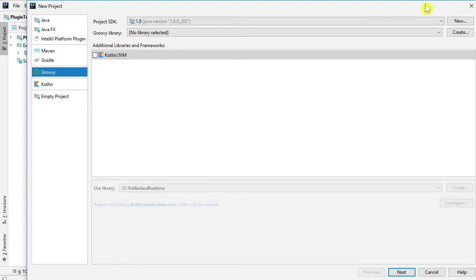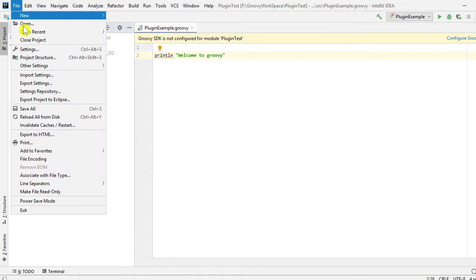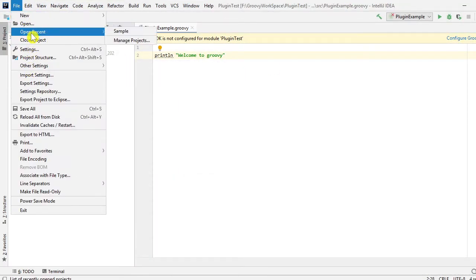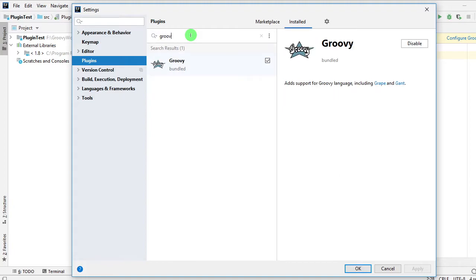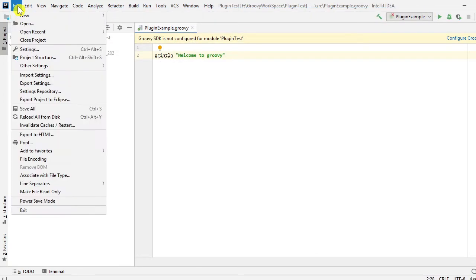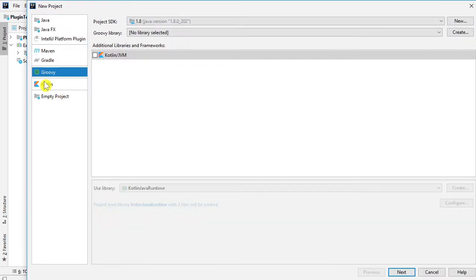You can try one thing: go to the plugin section again and disable this plugin. If you disable the plugin from the settings, you will not be able to see this Groovy option. You can try that, no problem.